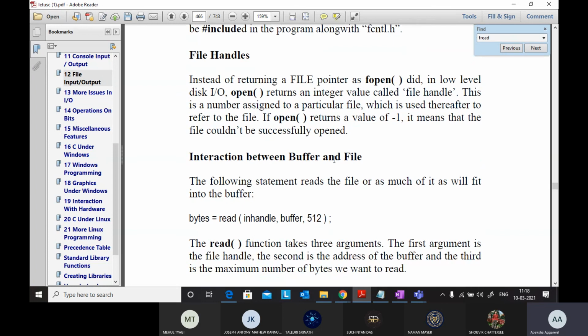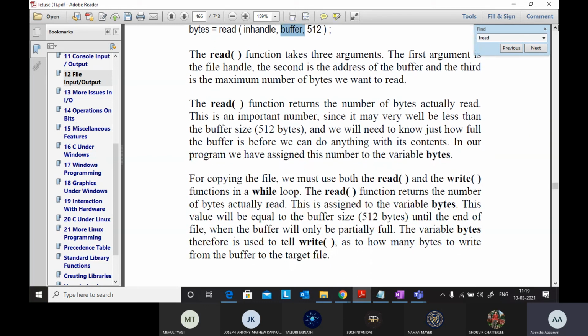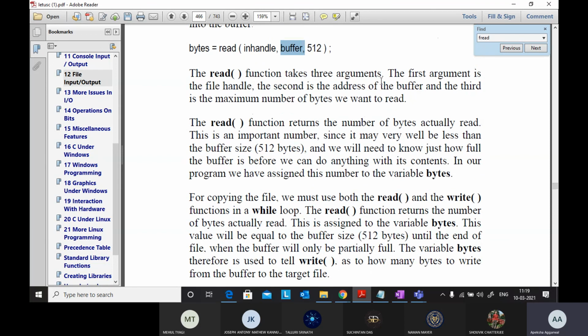Now the interaction between the buffer and a file. Read will read the content from the in handle and copy it to the buffer. You can see the read function takes 3 arguments. The first argument is the file handle, the second is the address of the buffer, and the third is the maximum number of bytes you want to read.